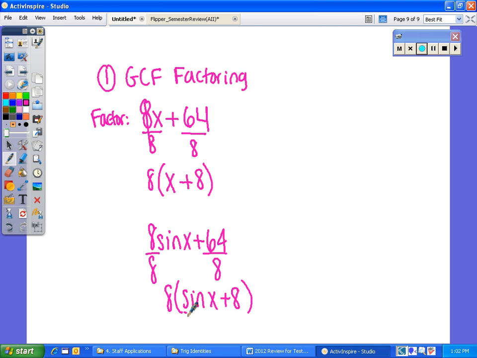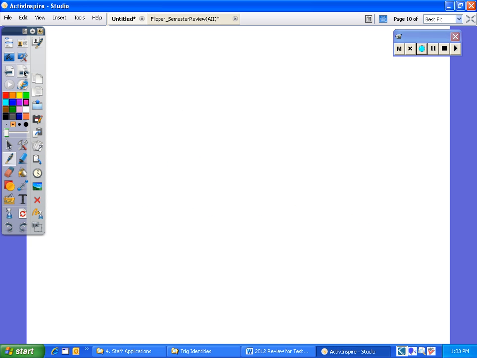So just because it says sine x as opposed to x doesn't mean that the factoring changes. It just looks different because it says sine there, but you still are going to do everything the same. So that's called GCF factoring. All right, the next type of factoring